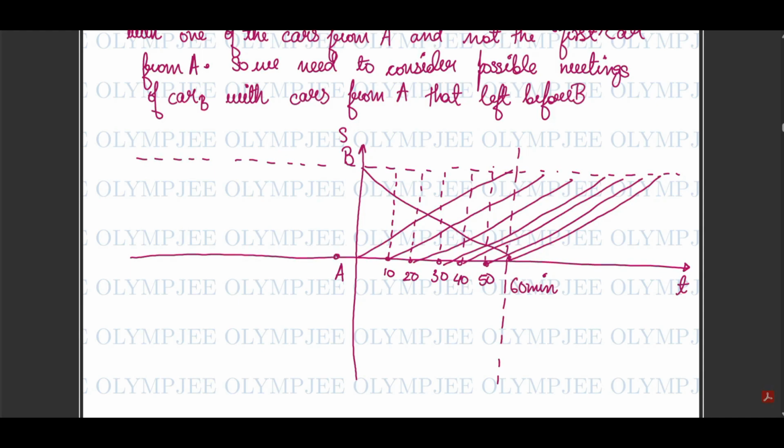But if we check at minus 10, which is 10 minutes before car from B is leaving, then it will also intersect car B's graph. It will reach B point 50 minutes after car B has left. Similarly for minus 20, minus 30, minus 40,